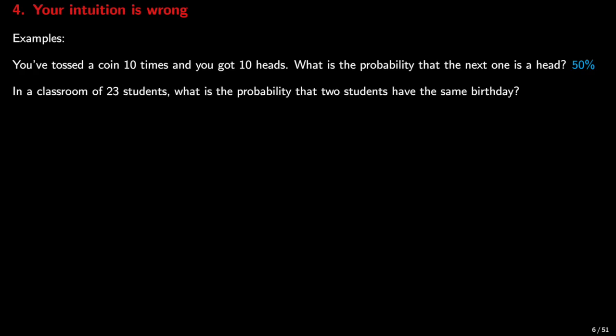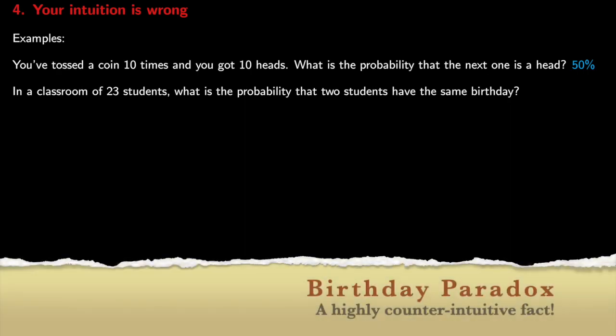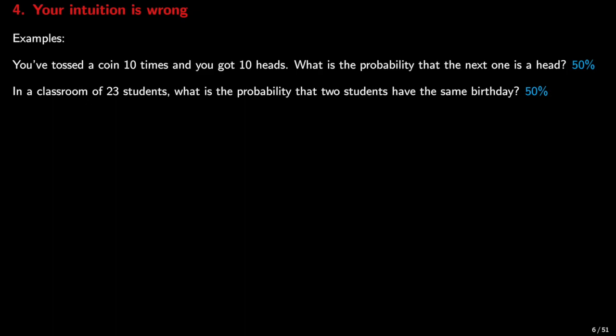What is the probability, in a classroom of 23 students, of having any two students who have the same birthday? The probability is surprisingly high. You wouldn't expect to find two of your classmates, including yourself perhaps, with their birthday on the same day. But if you have 23 students, then the probability is a surprising 50%. So 50% of 23-student classrooms have at least a pair of students with a birthday on the same day.